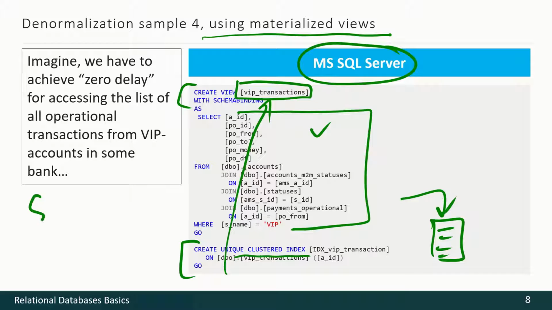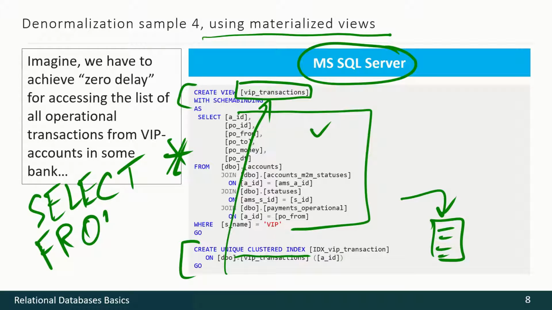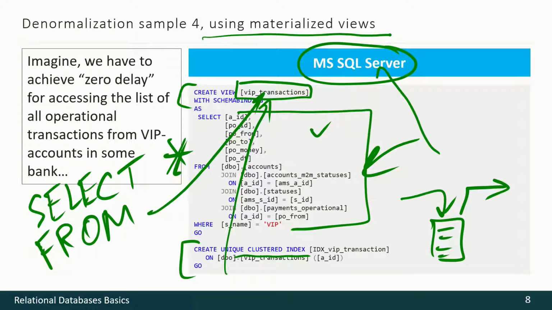And then we may write down a query such as select all from, use that name, and the DBMS will instantly select all that data and return it to us. And also the DBMS will update this table on a predefined algorithm.